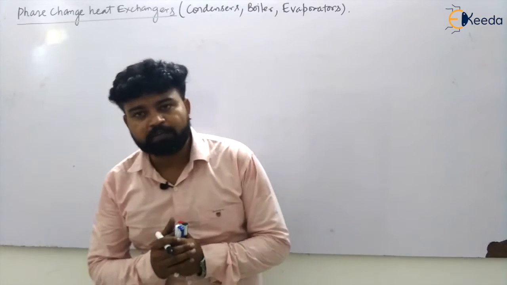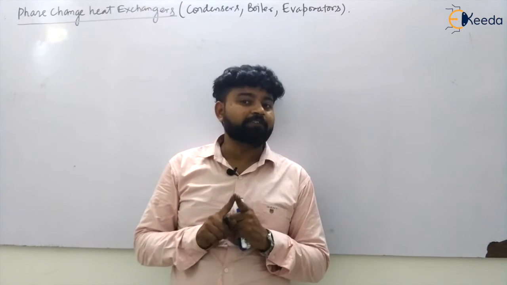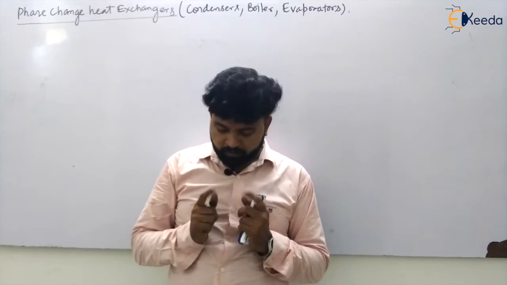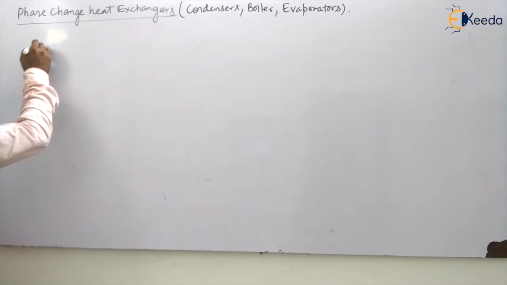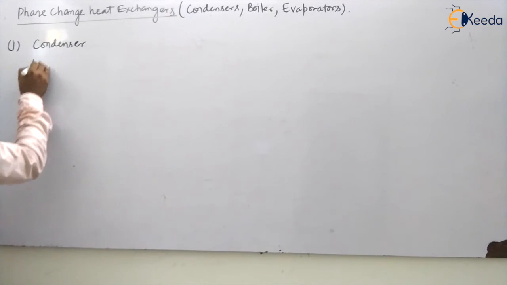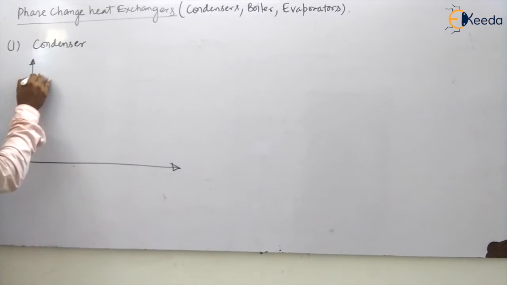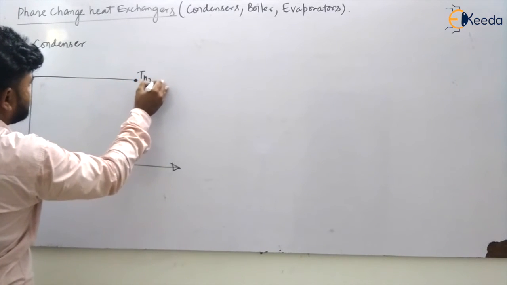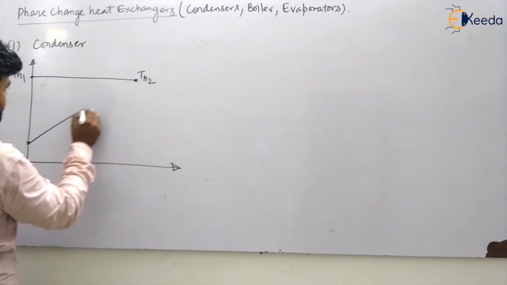I have explained this previously. In this case, one fluid is undergoing a complete phase change, and the other fluid is picking up heat from the hot fluid. So during phase change in heat exchangers, first of all let us see the condenser. In the condenser, you have seen the first phase already, so I am not going into the details. You know all things now. So this will be the phase change from TH1 to TH2. This is your TH2, this is your TH1, and again there will be heat gained by the cold fluid.